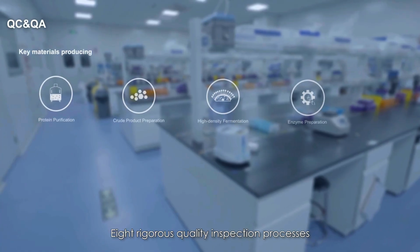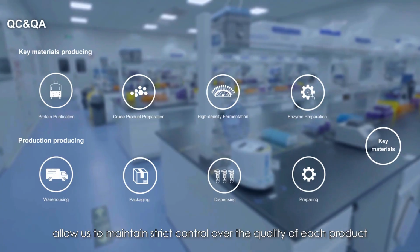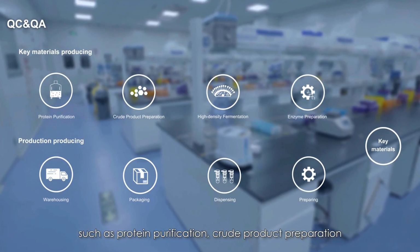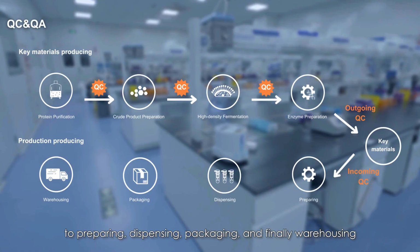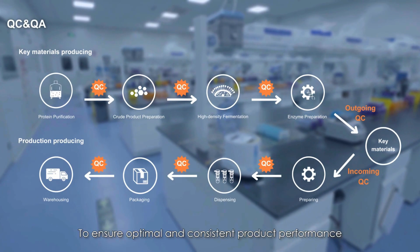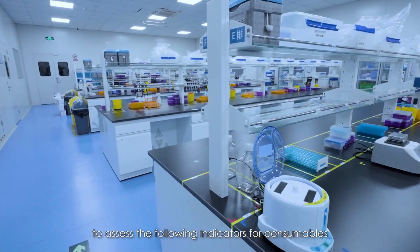8 rigorous quality inspection processes allow us to maintain strict control over the quality of each product throughout the entire workflow, from key material producing, such as protein purification, crude product preparation, high-density fermentation, enzyme preparation, to preparing, dispensing, packaging, and finally warehousing. To ensure optimal and consistent product performance, we developed unique testing methods to assess the following indicators